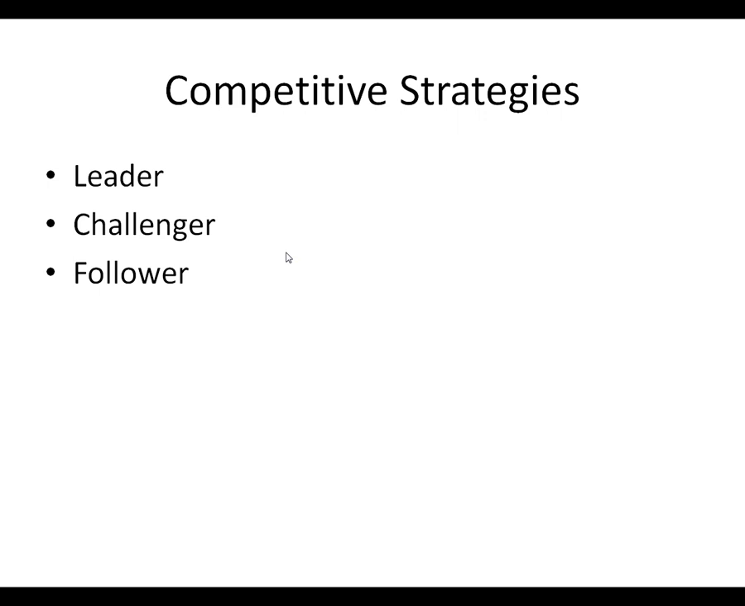Avis is a good example of this. Their slogan is "We try harder," which kind of implies that, yeah, we're not number one, we're not going to be number one, but hey, we try real hard in what we do. Nicher, these are companies that go after one particular very small segment. Luxury products could be considered niche markets, and so like Porsche, you could say is a niche player, as would be Rolex, Rolls-Royce, those types